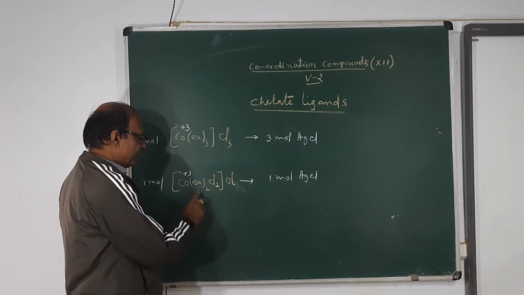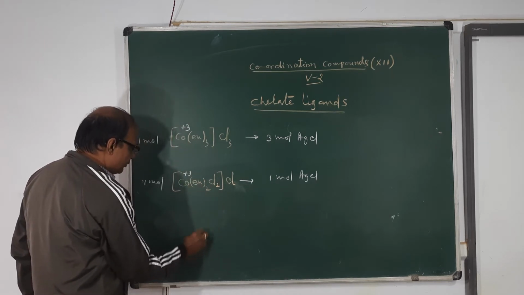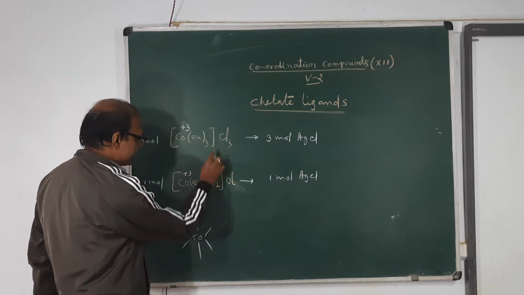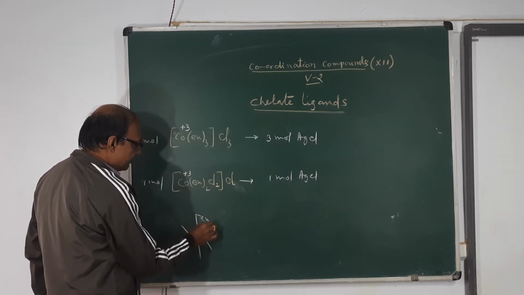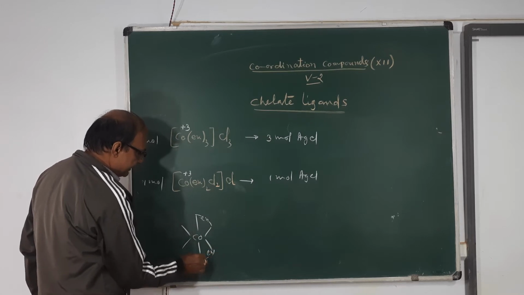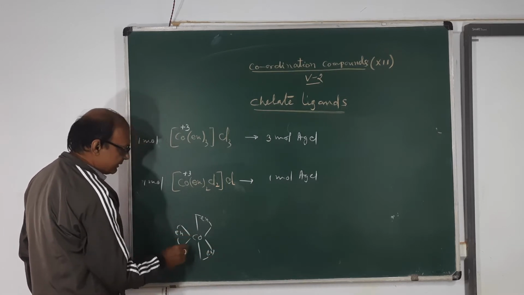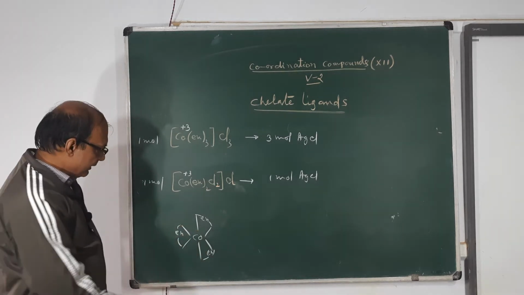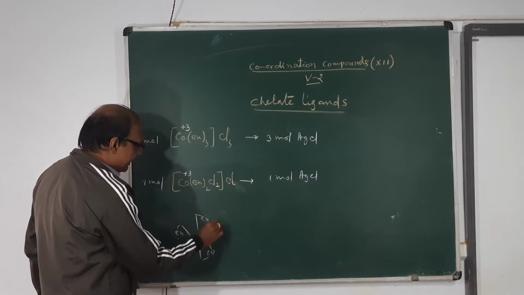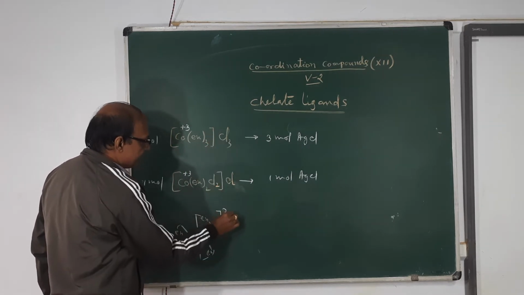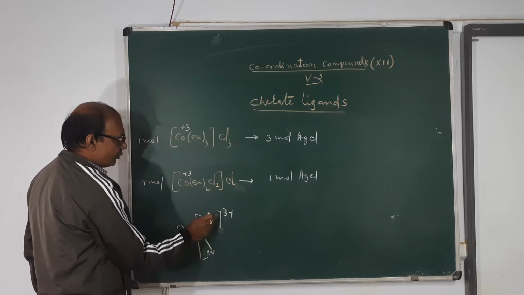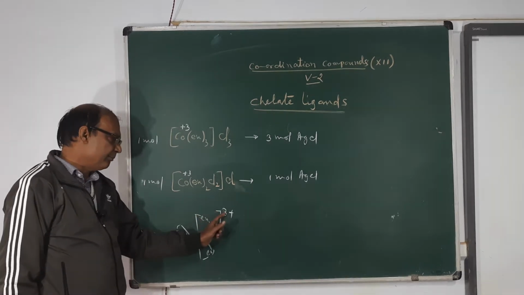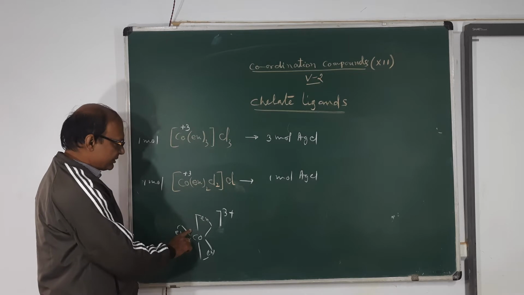Here you see I am drawing the structure of this one, Co: 1, 2, 3, 4, 5, 6. This is the octahedral arrangement of this complex entity, and this is En, En, chelation. So here is a coordinate bond, here is a coordinate bond. These are the coordinate bonds. So this is the complex entity, and its charge is +3. It is shown here in this way: you give a half bracket and give the +3 sign. So this is the complex entity here.